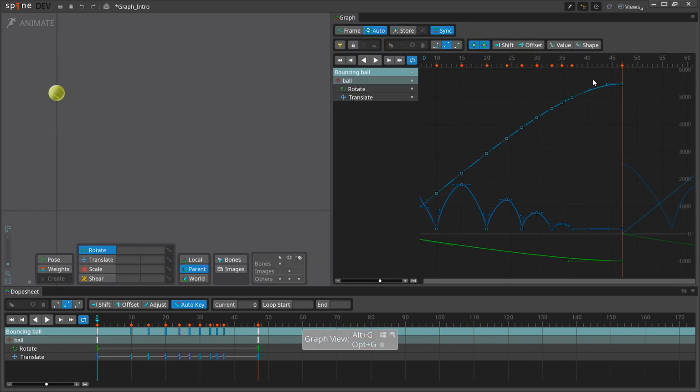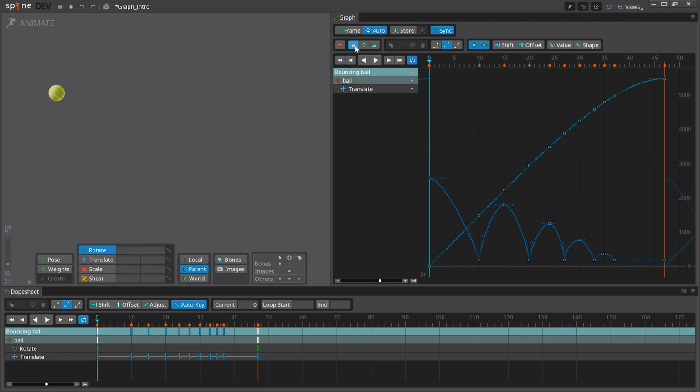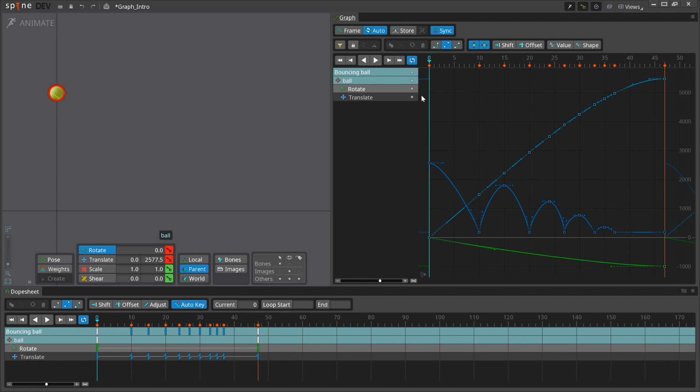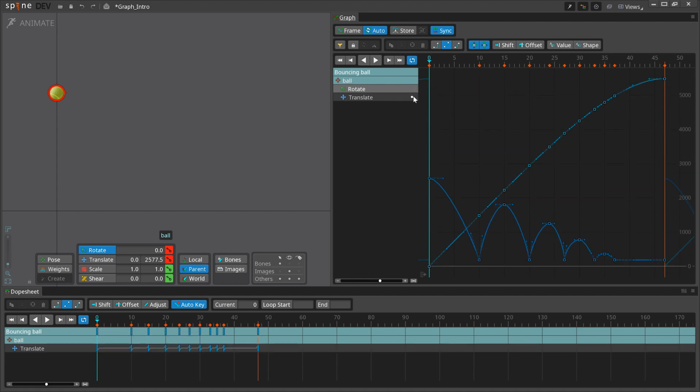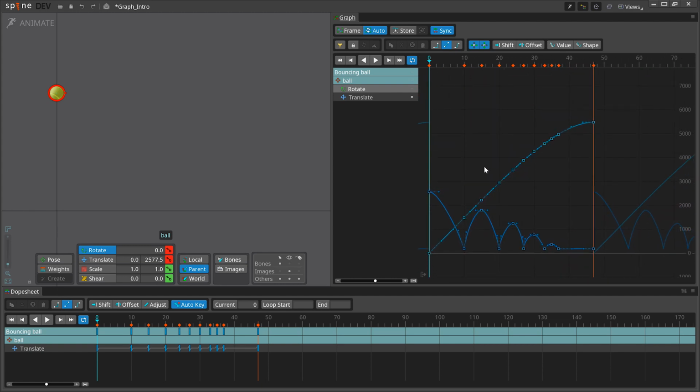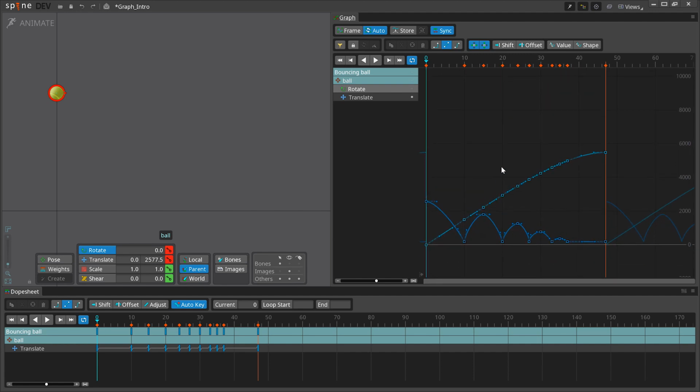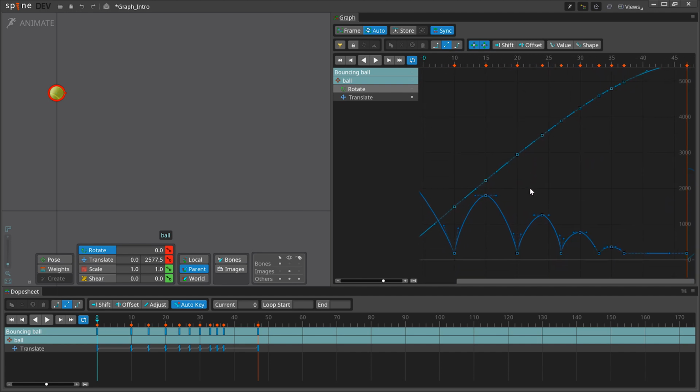The graph view provides a different perspective of the same data shown in the dope sheet. Like the dope sheet, it uses your viewport selection, has filter, lock, and refresh buttons, and the rows can be clicked to select items. Each row in the graph view has a visibility dot to control which curves are shown. The graph view can be zoomed with a mouse wheel and hotkeys, just like the viewport. To adjust the zoom of the axis separately, hold Alt and drag with the right mouse button.